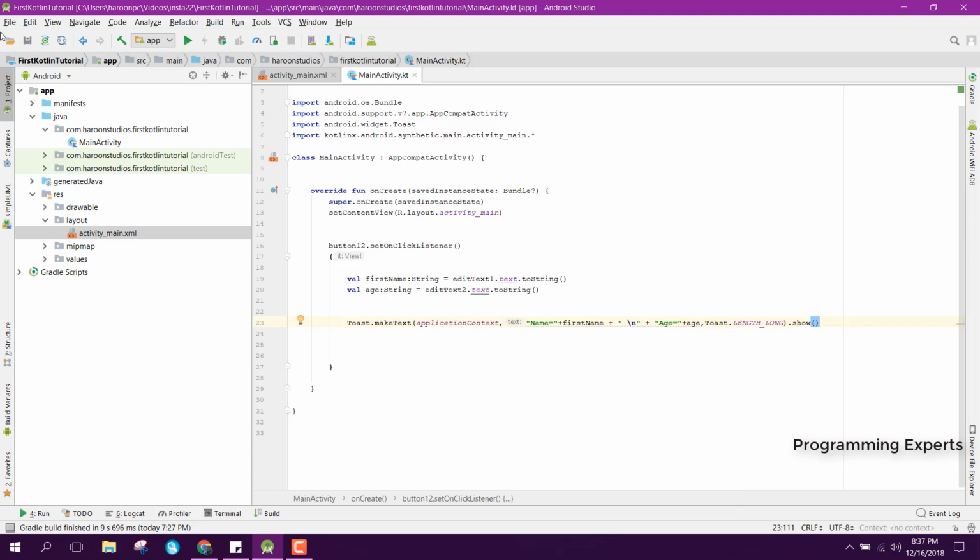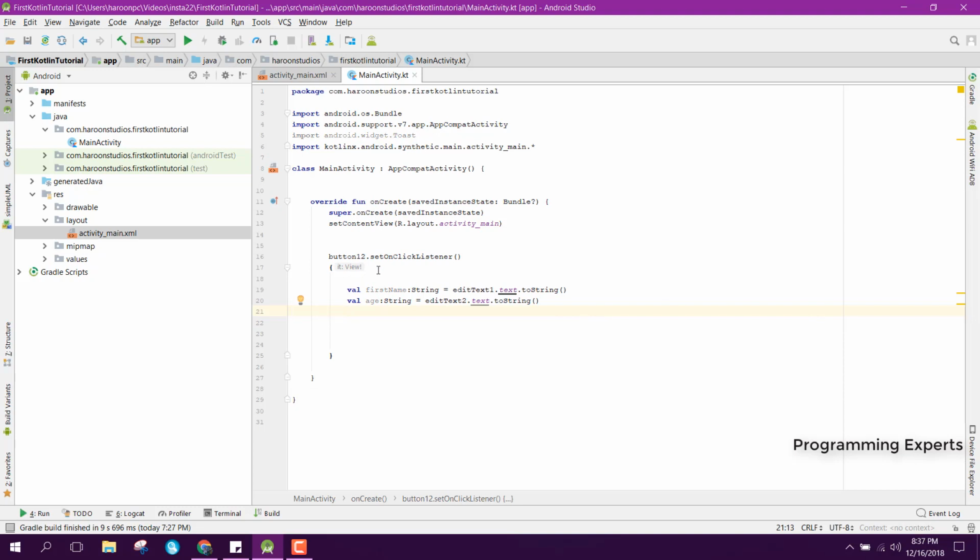Alright guys, so now if I try to run it, it will show me the name and the age. Alright, and after you have understood how we can access or get the data from the edit text, then here we can first what we can do is